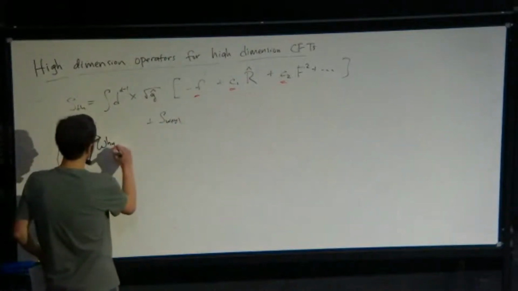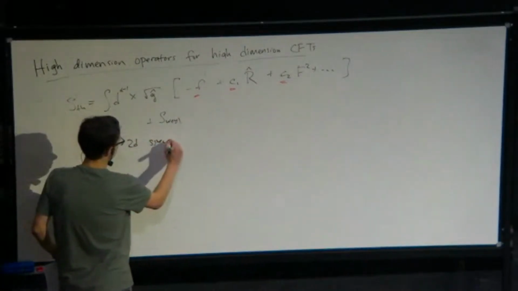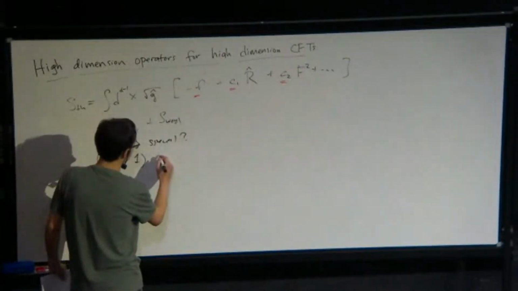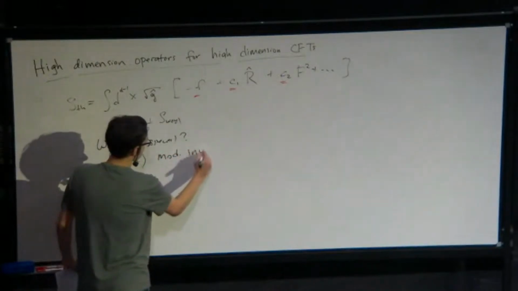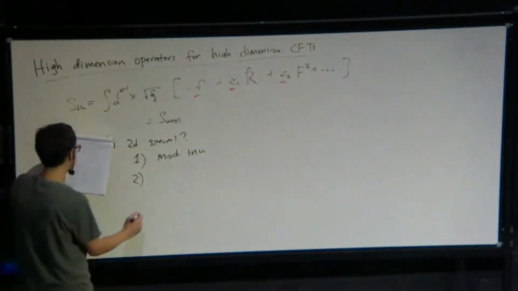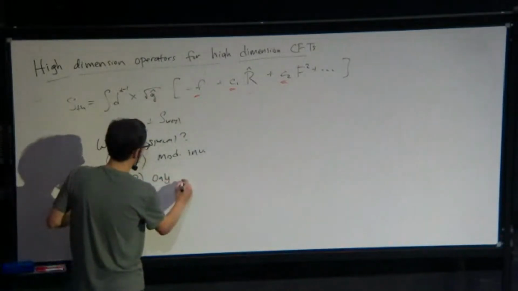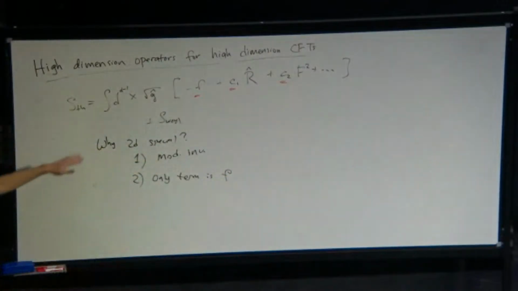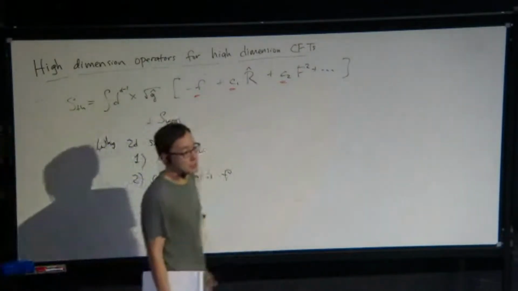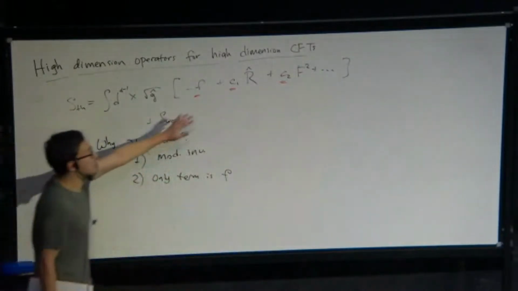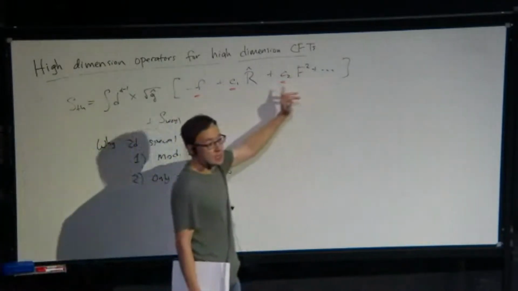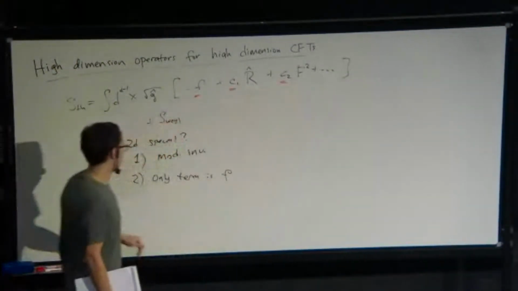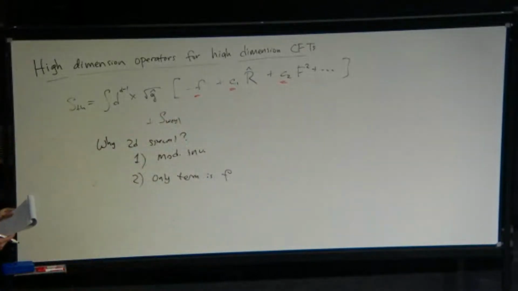So why is 2D special? There are 2 answers. The first answer that we gave is that you have modular invariance. But the second answer is that the only local gauge invariant term you can write down is f, the cosmological constant. So that means that there aren't these perturbative corrections. We'll later see that these all induce corrections to the density of states that are suppressed by powers of delta, and these just aren't there in 2 dimensions. So from this perspective, we see why 2D is special.